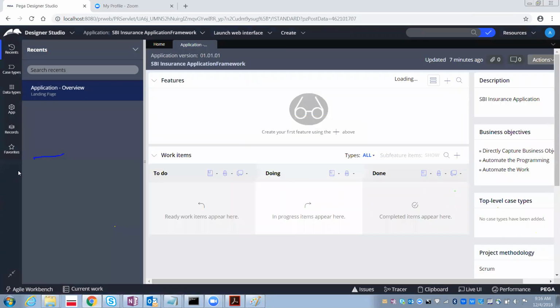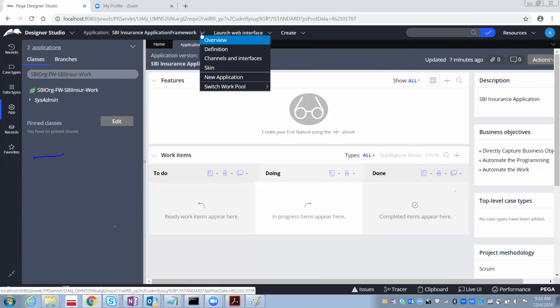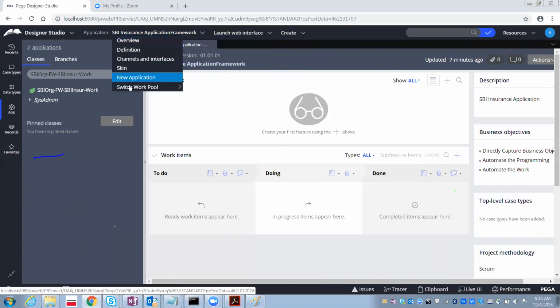If you select the app, in the app we can see the application. Here also the application name is SBI Insurance Application Framework, which I have created. The label which I have given for the framework.